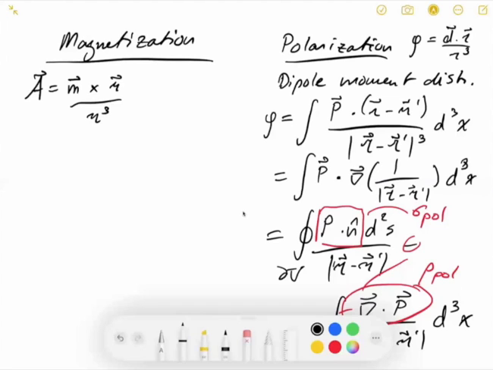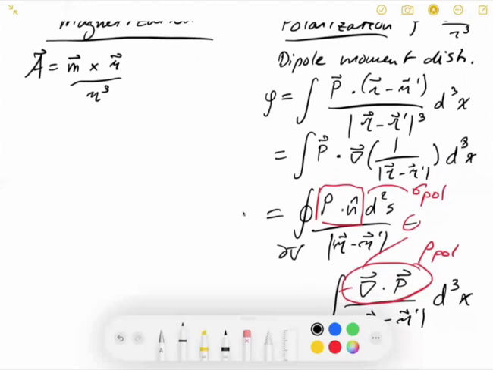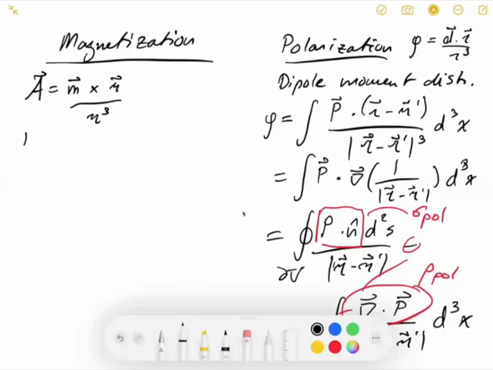So it has the same basic setup, except now there's a cross product instead of a dot product. But we're going to do the exact same thing. We're saying, okay, we'll have a magnetic dipole moment distribution